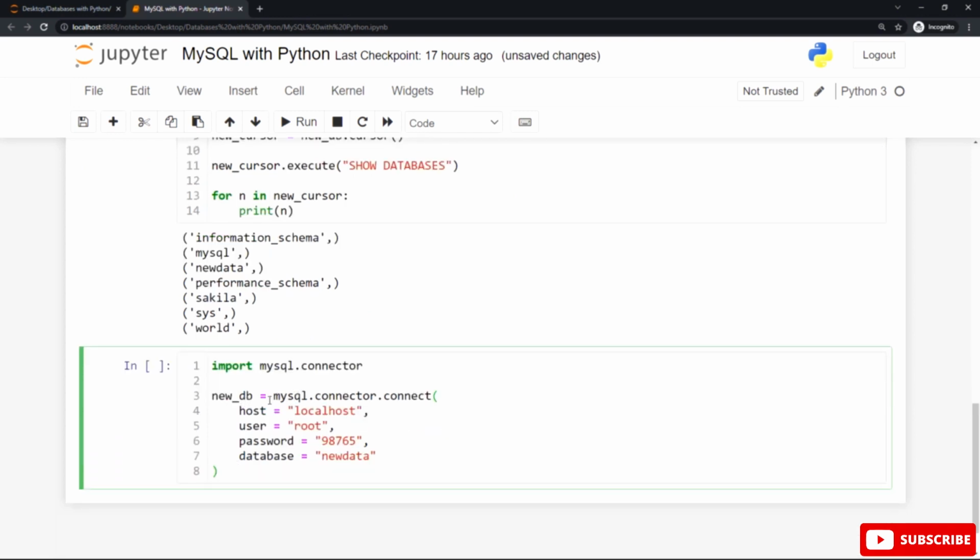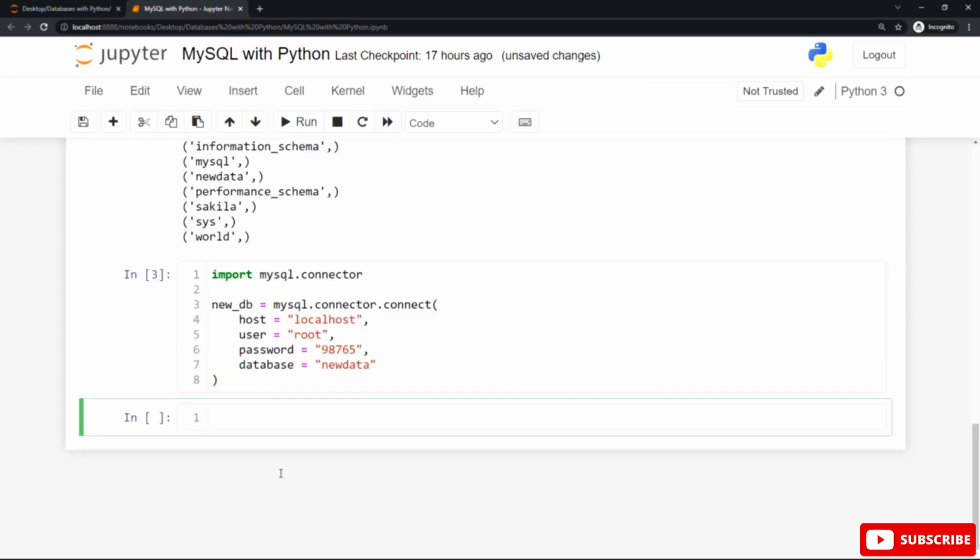You can see our example here, the connect built-in method, and the last parameter we have added is called database, and we assign this new database we have created to this new parameter called database. If you hit Shift Enter or Shift Return with no errors, the database called new data exists in our system with no errors at all. Hit Shift Enter or Shift Return, no errors here. This database actually exists in our system.